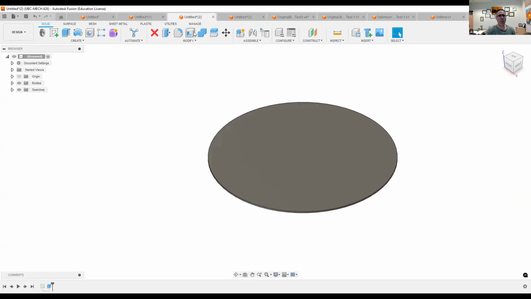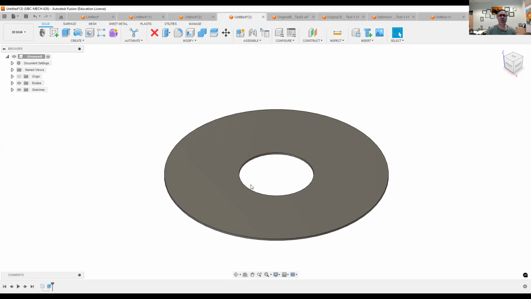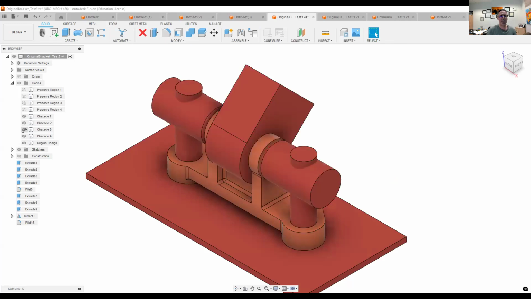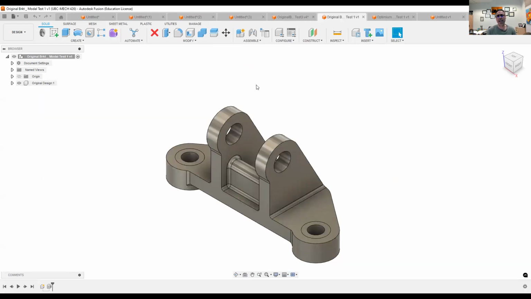And then we will see what are the natural frequencies and mode shapes of a disk. And perhaps we will see the effect of cutting a circle here at its center. Then we will move on to more complex structure like this bracket, which works with other components like this mechanism. So this component, we're going to see if I change and optimize this component using topology optimization to a